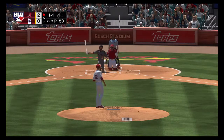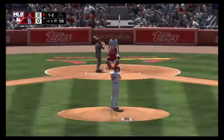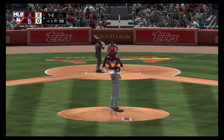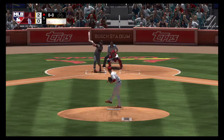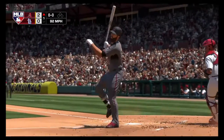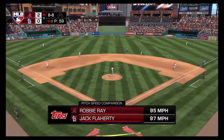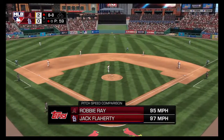Fouled off again, and now he's in a 1-2 hole. Here he comes on a ball and 2 strikes. Swing and a miss, and he'll start the 5th the same way he ended the 4th, with a punch out, 1 away. So after getting the strikeout on the fastball, not a bad time to check out our pitch speed